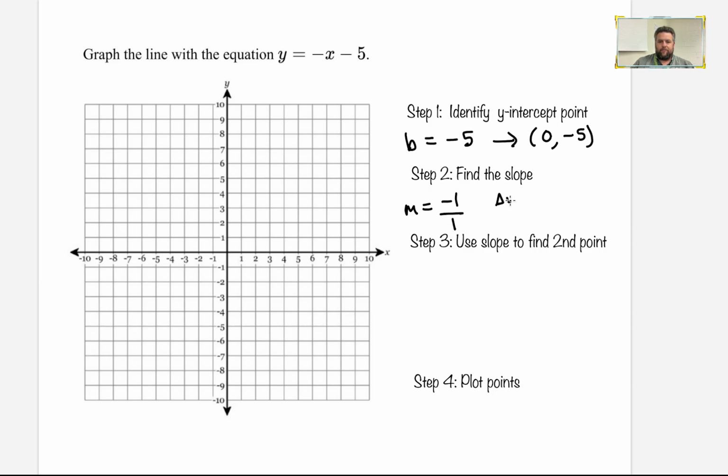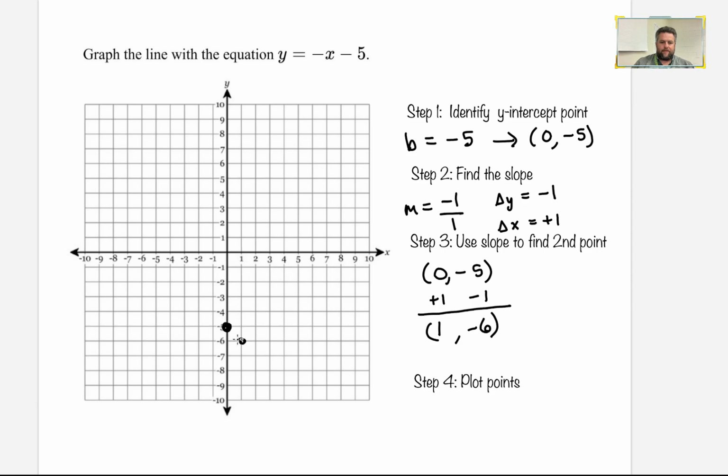So our change in y is minus 1. Change in x is plus 1. Set our points. We will add 1 to x, subtract 1 from the y. So 0 plus 1 is 1. Negative 5 plus a negative 1 is negative 6. So we have the points (0, negative 5)